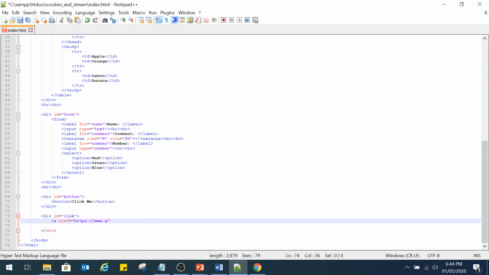www dot, actually, no. Let's rather go to W3 Schools, that resource I was telling you guys about. Ooh, what the hell? www.w3schools.com/html/ and then we can